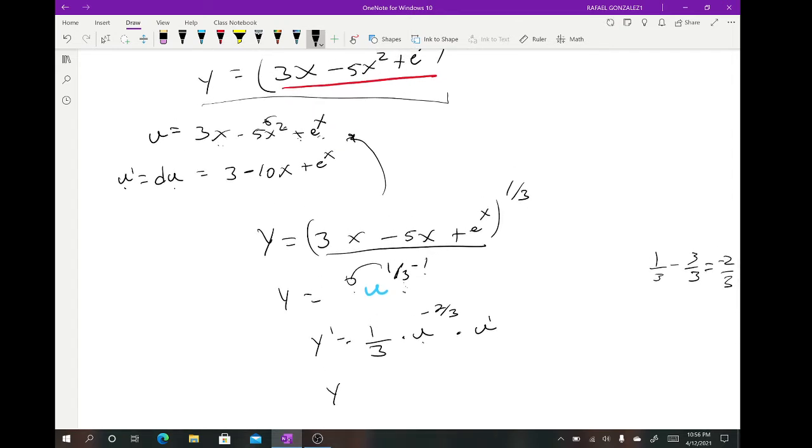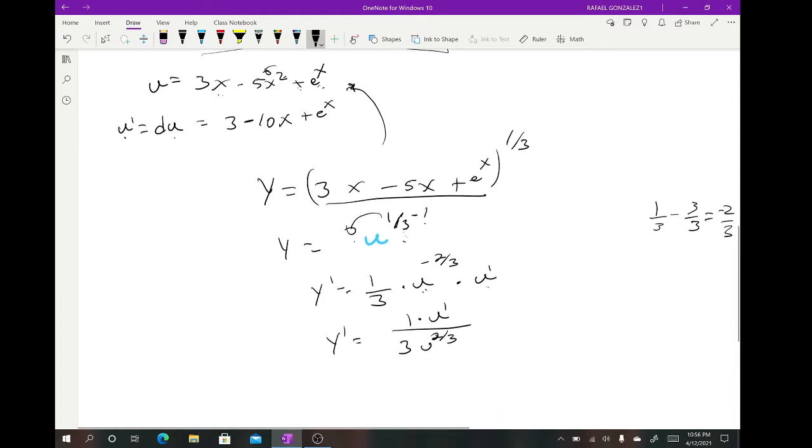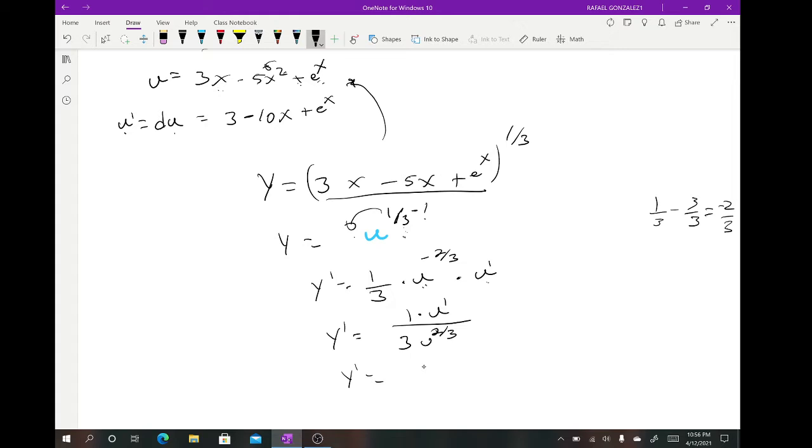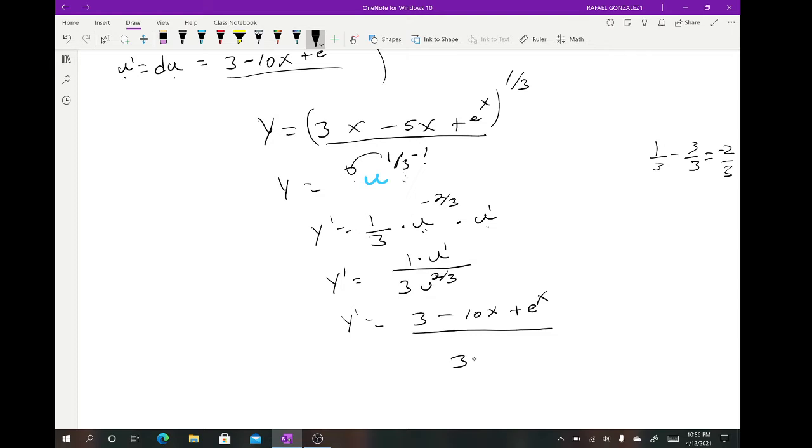Okay. So now, once again, we were given this problem in terms of x's and y's, so let's put it back in terms of x's and y's. In fact, before I do that, let's bring this u to the denominator, because we have a negative exponent over there. So this is going to be 1 over 3u to the 2/3. I'm going to multiply this by u prime times 1, but this is simply equal to what u prime is. U prime is 3 minus 10x plus e to the x divided by 3 times,